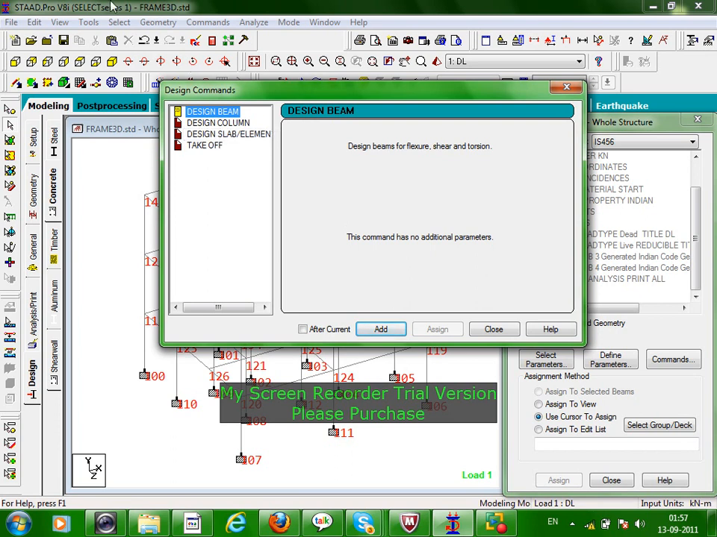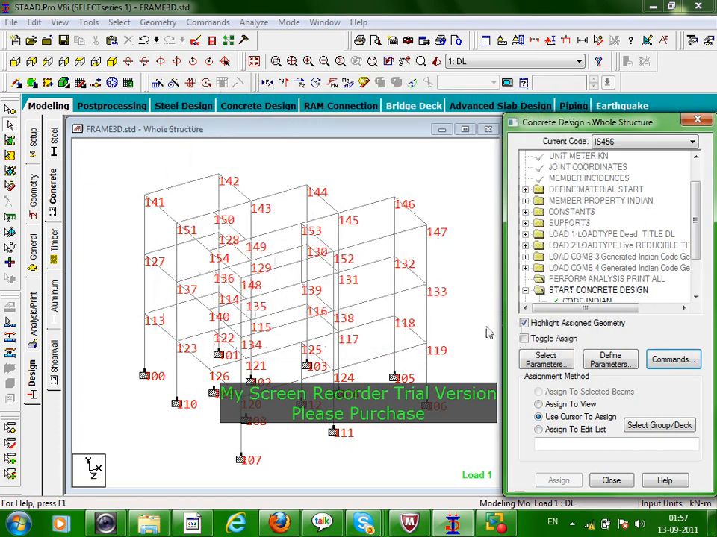Understand? So we will take one trial section. First I am adding the design beam, just add. Adding the design column, just add and close. So now by scrolling through this current code,